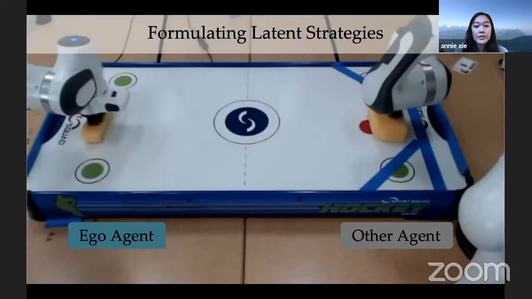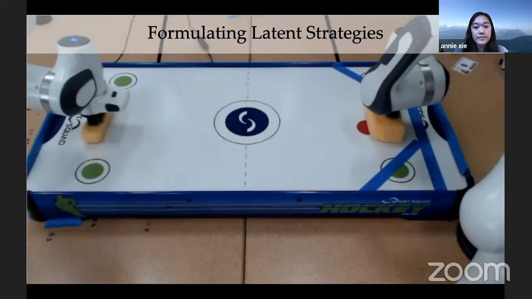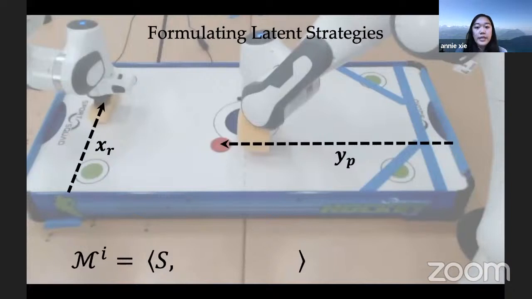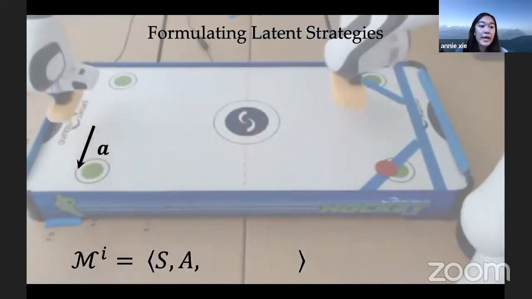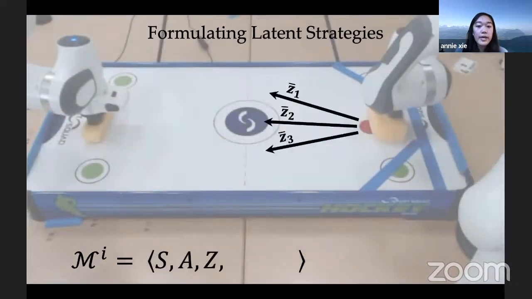For example, consider these two robots playing air hockey. The ego agent on the left is a reinforcement learning robot that's tasked with blocking the incoming shots, while the other agent on the right is a rule-based robot that dynamically changes its strategy. The ego agent only observes the Y position of the puck as well as its own position. To construct a non-stationary problem setting, the X position of the puck isn't provided to the ego agent, and instead has to be inferred from its earlier interactions. The ego agent can move its paddle up and down the X-axis, while the other agent has different strategies which correspond to aiming in different directions.